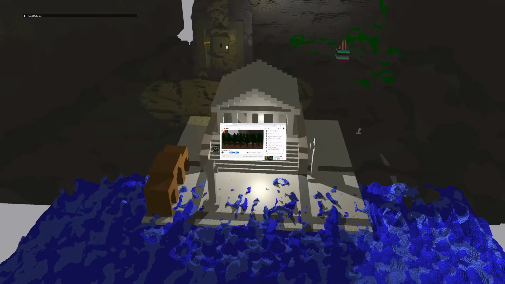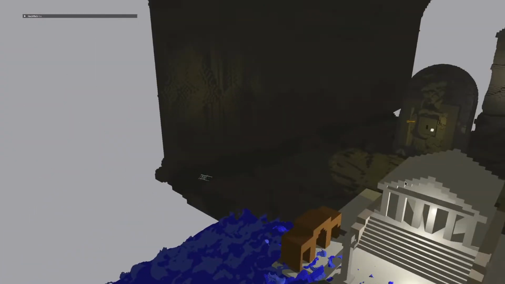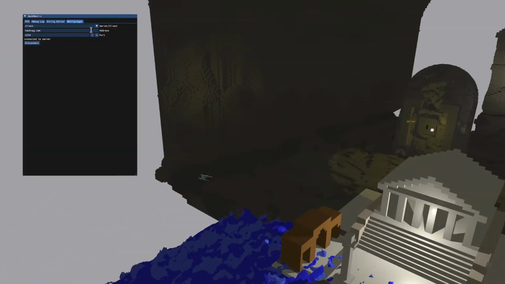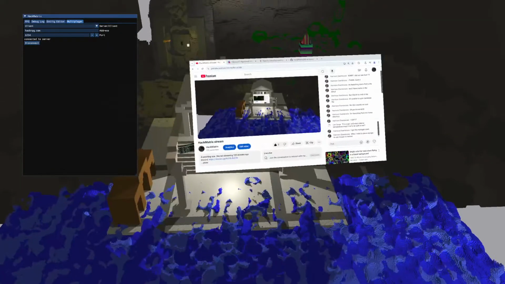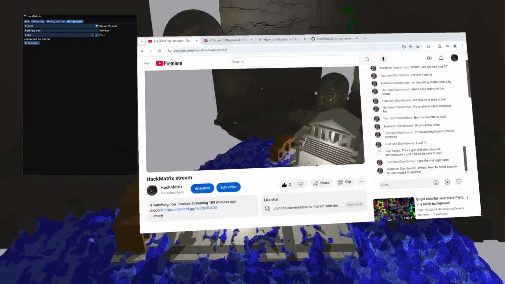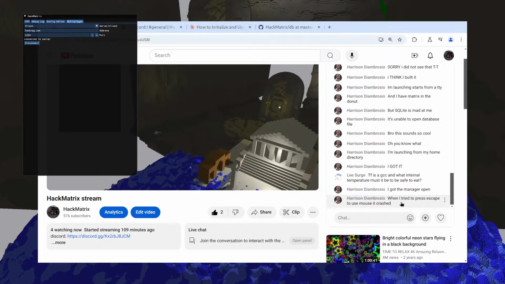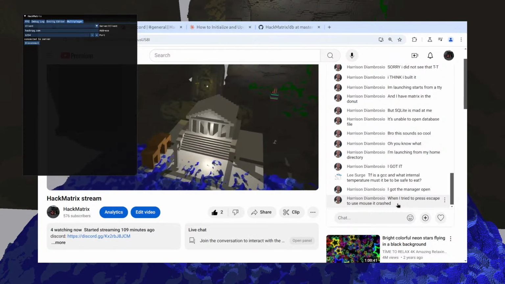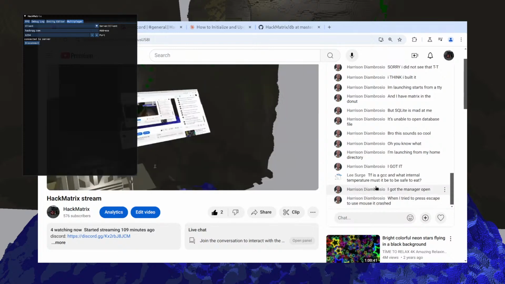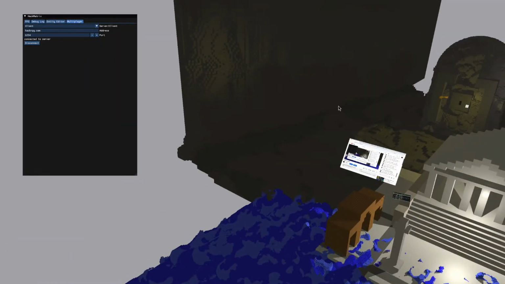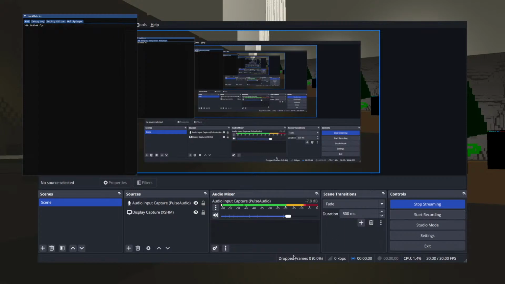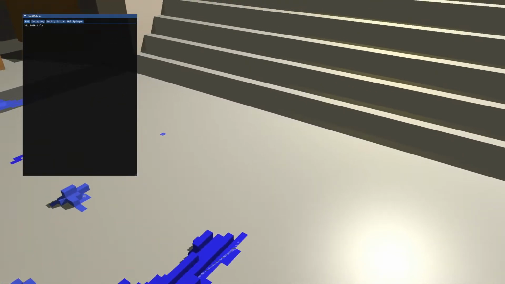Got the manager open. Okay. So you mean this right here? When I tried to press escape to use the mouse, oh, you don't press escape to use the mouse. You press F to use the mouse. Hopefully I saved the stream. I think I did.